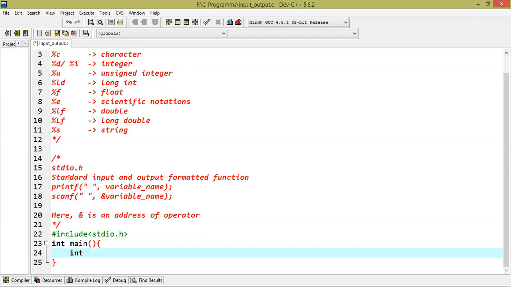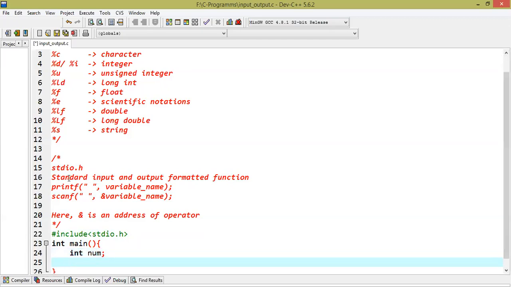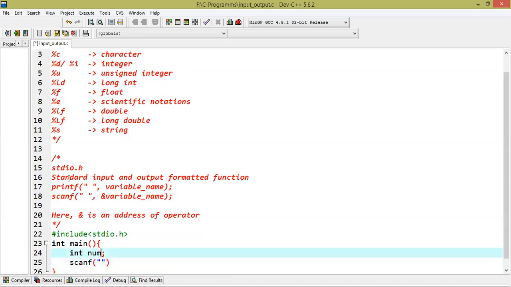First, I'm going to declare an integer here as num. Then suppose we want to take some input from the user. So to take input, we need to use the function scanf. First, we need to pass the formatted string as the argument. Now look at the list that I have provided here.